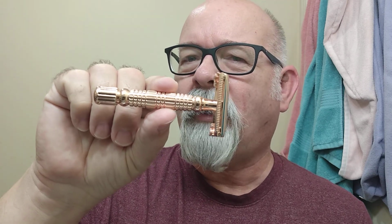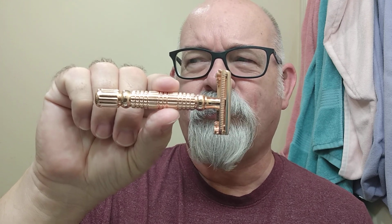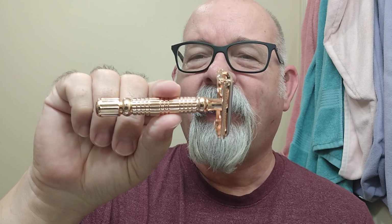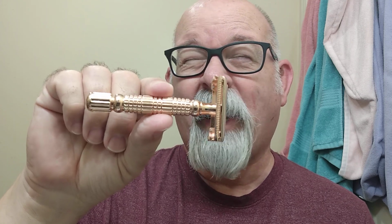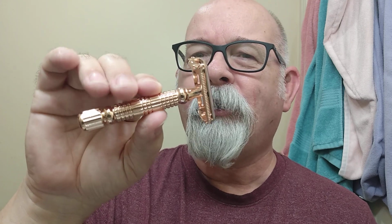As it goes for the shaver, this Baili I picked up off of Maggots on a Black Friday sale for, I think it was like $2.25. It might have been $2.50, and I think it's on sale right now, right around $5 or $5.50. I think it is pretty inexpensive. This is the rose gold,